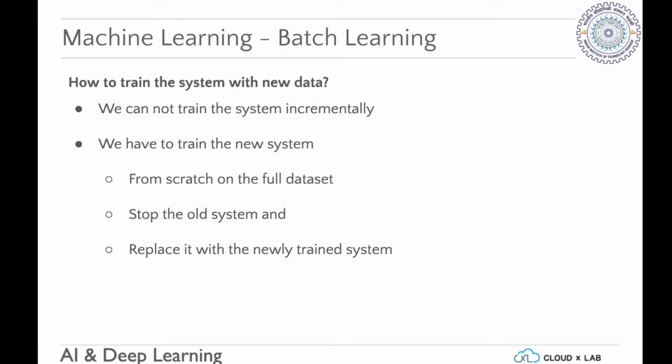So in case you've trained an algorithm, you have it online. It's been running, but what happens is that you get new sets of information, and you say, hey, this new set of information also has to be included in the algorithm. So what do you need to do? You actually have to train from scratch again. So you have to build a new data set and stop the whole system, train the whole thing again, and then replace it with the new algorithm. So that's what you need to do with batch learning.